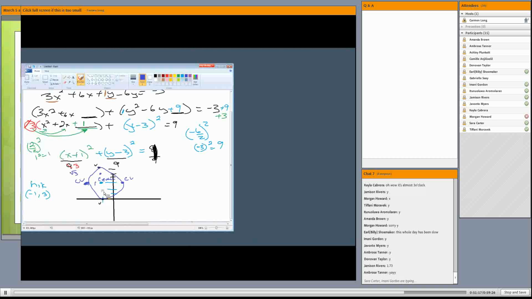So we would go up the square root of 6, and we would go down the square root of 6, and that will give us our foci. So our foci would be -1, and then